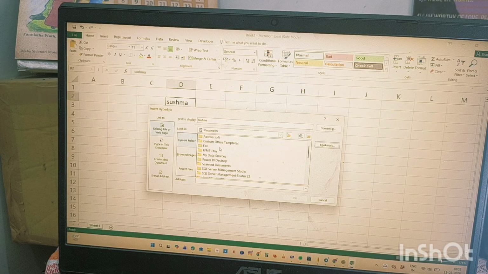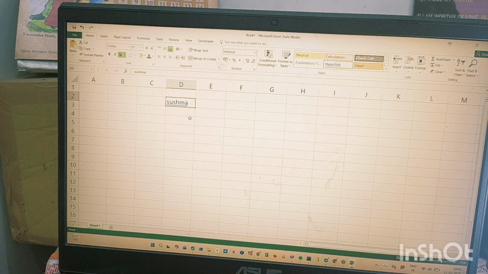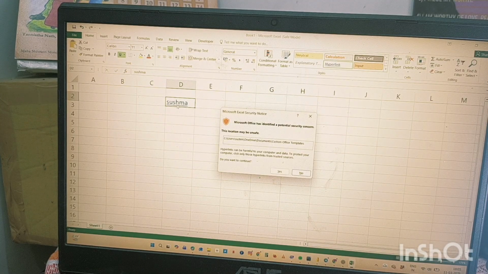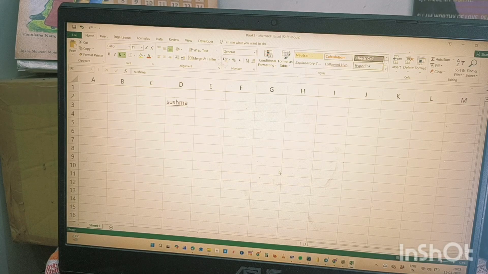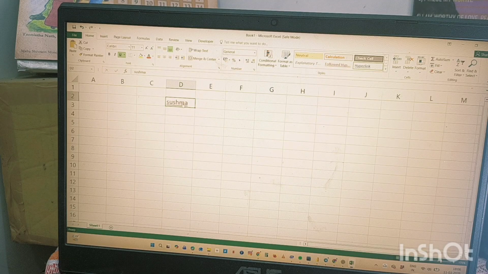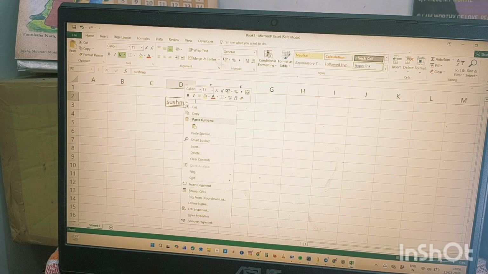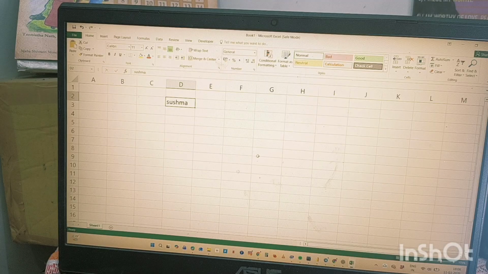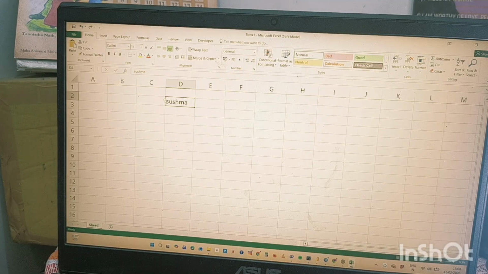Suppose I am clicking there and okay, and it has been created. After clicking here, we will get, as it is not any site, yeah, it is working, guys. See here, after creating the hyperlink, we have come here. When you click on Susma, you will come to this site. So you can create it like this. The hyperlink has been created, and if you want to delete it, right click, remove hyperlink. So that's how you can create errors.